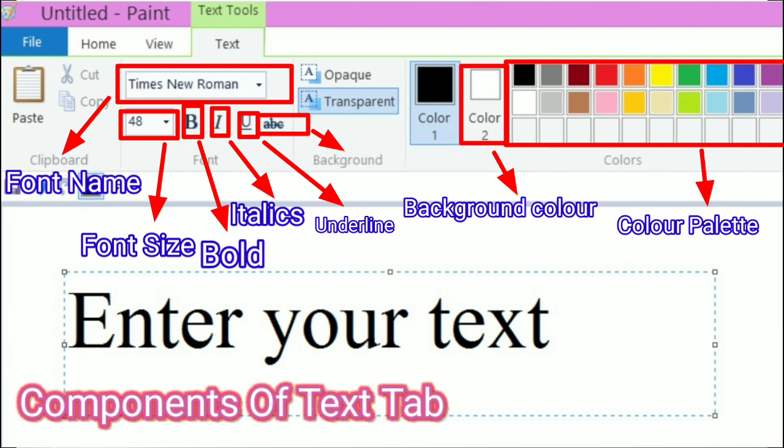Now let us learn about each of these components in detail so that you can use them in your daily work. So now let us start with the first component, which is font name.